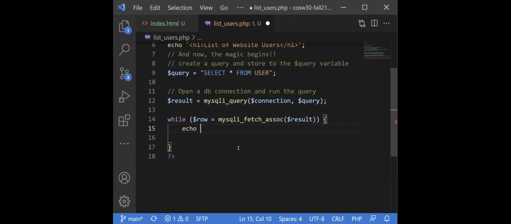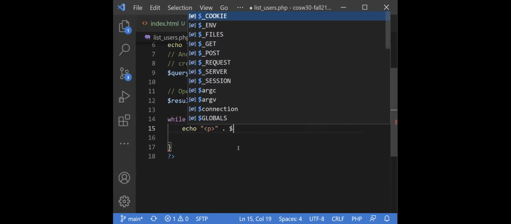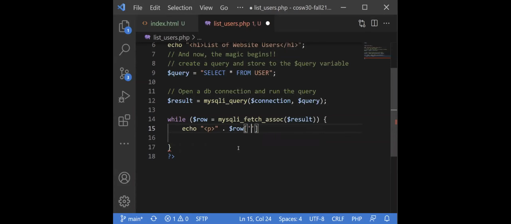So we're going to echo a paragraph, and then concatenate it with row. That's going to be our array. User ID. Now, again, if you didn't make your field names the same as mine, you're going to need to make sure that whatever you named your field names is how you're representing this here. All right, so I've got my user ID